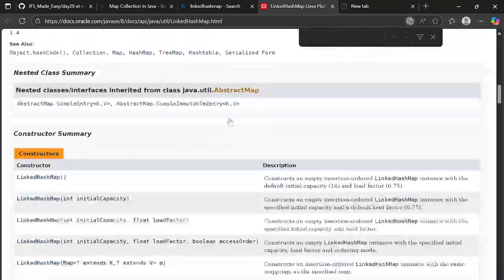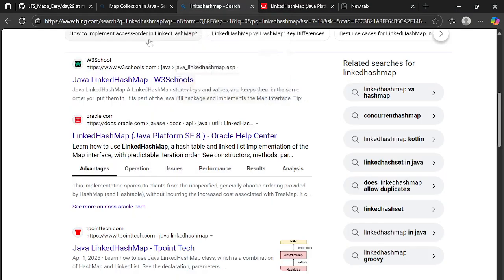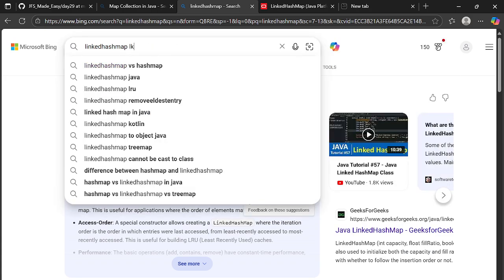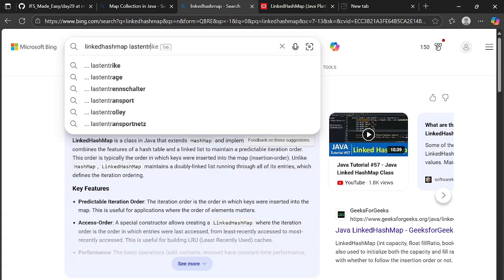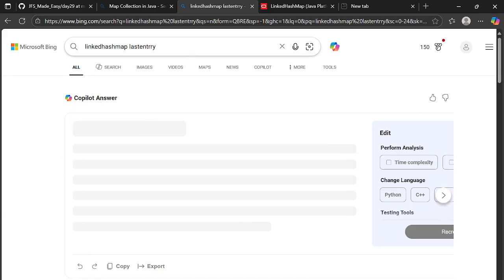Or else what we can do is simply search for the last method and all. Last entry. So you can search for those methods and then get the description. Last entry or first entry, or maybe pollFirst and pollLast, all of that